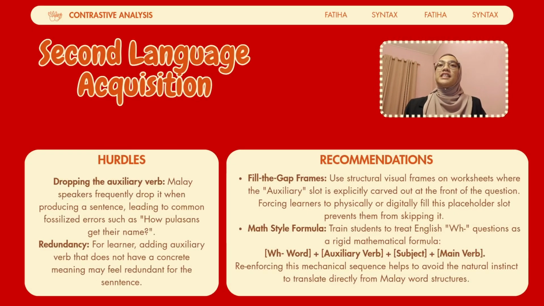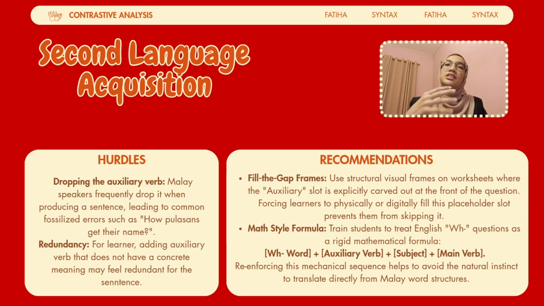As for predicting the difficulty in learning for second language learners, we have the challenge, which is the requirement of the English language having auxiliary verbs like this, do, and does in interrogative structures. It is a massive stumbling block for a Malay speaker who is learning English as a second language, because Malay is a zero auxiliary language that forms questions cleanly. For example, bagaimana boleh dapat